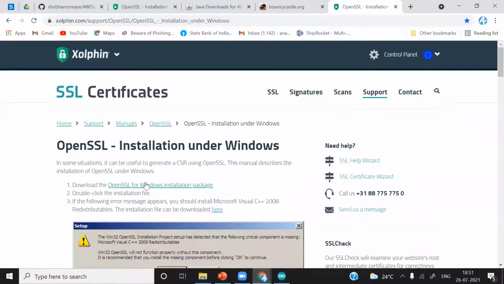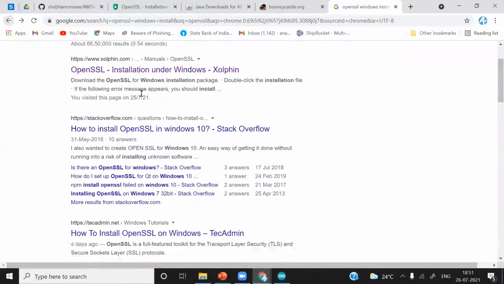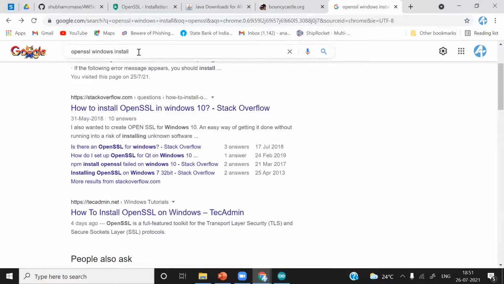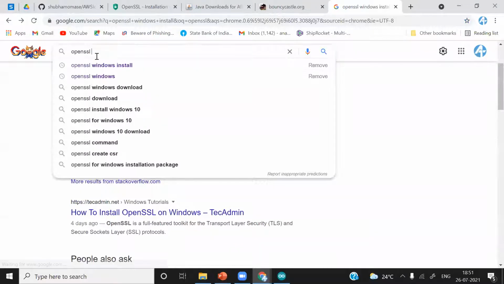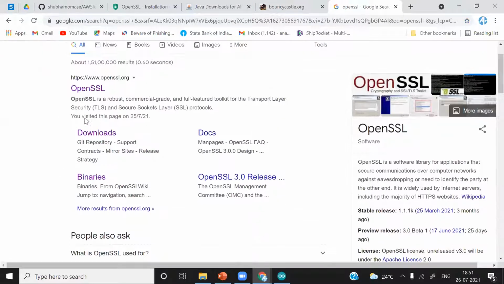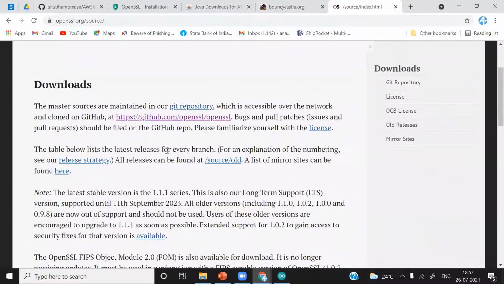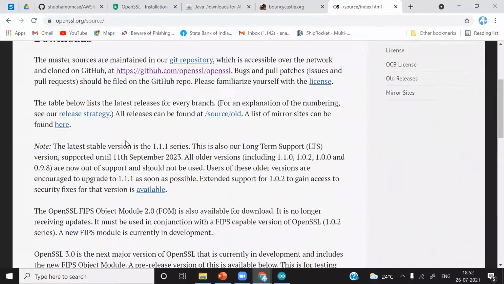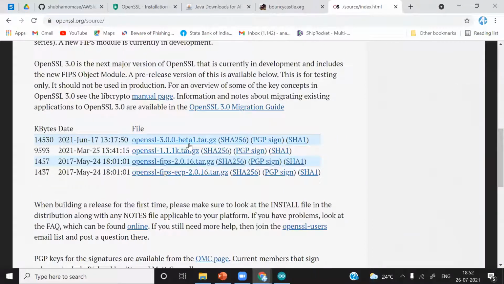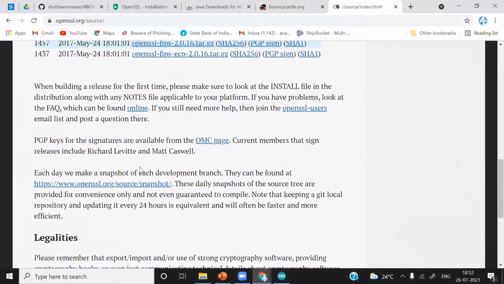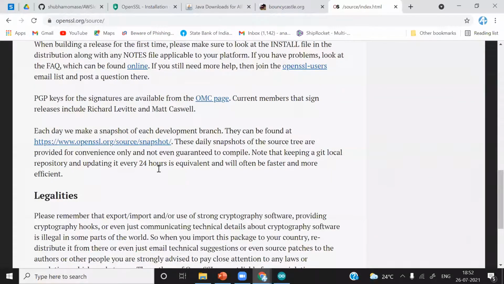We are here in this. Okay, if you simply search OpenSSL, by mistake you will open this website. Under the download section, you'll find it is very difficult to find this particular OpenSSL installer. You can see here the OpenSSL tarball, there is no proper installer available. It is very difficult to find it over here.